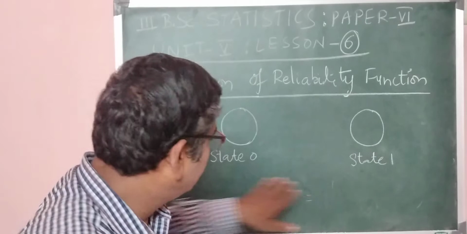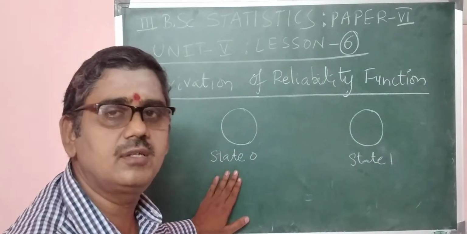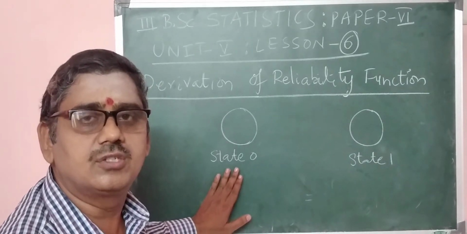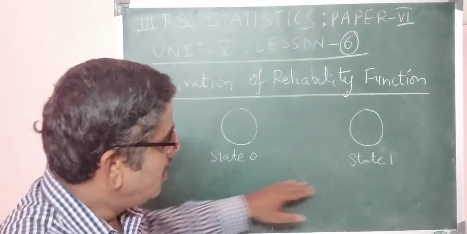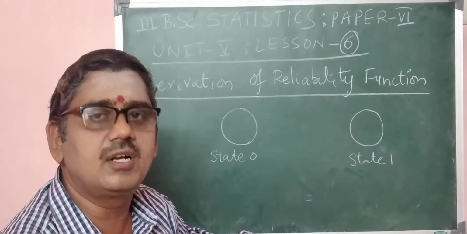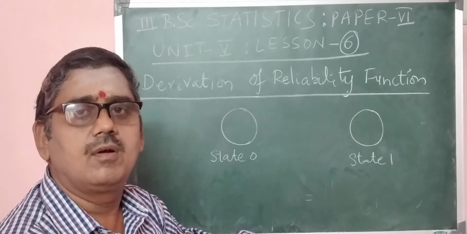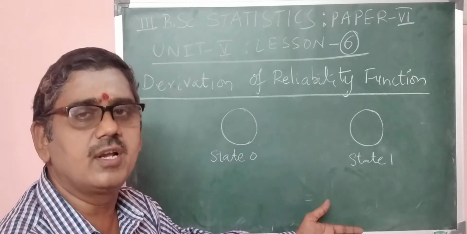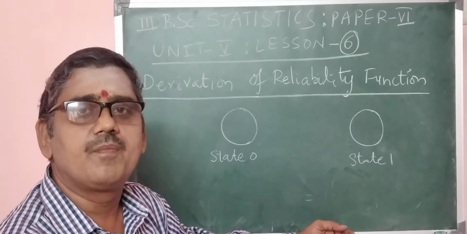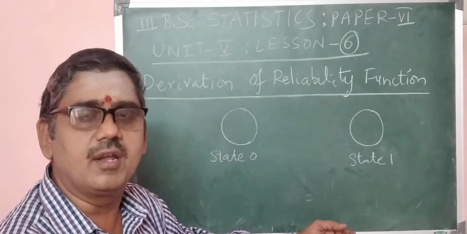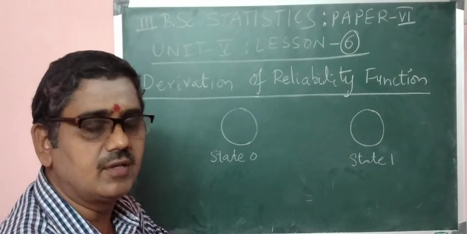That is regarding state 0 and state 1. State 0 is component is good. It is in good condition. It is not fail. Component will not fail. And state 1, which refers the component is failed. The item is failed. So which means the working condition was finished. The working condition is not good. It ends working. So that is state 1.